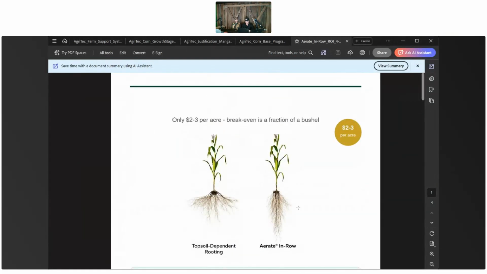This is an aerate piece about loosening up the soil. But you're right. It's not just about growing a ton of root mass. It's about where is that root mass going. Exactly. The further down it gets in the soil, the more we protect ourselves late season against drought conditions, the more we're taking up potassium to get good test weights, to get good grain fill, to avoid pot abortion,